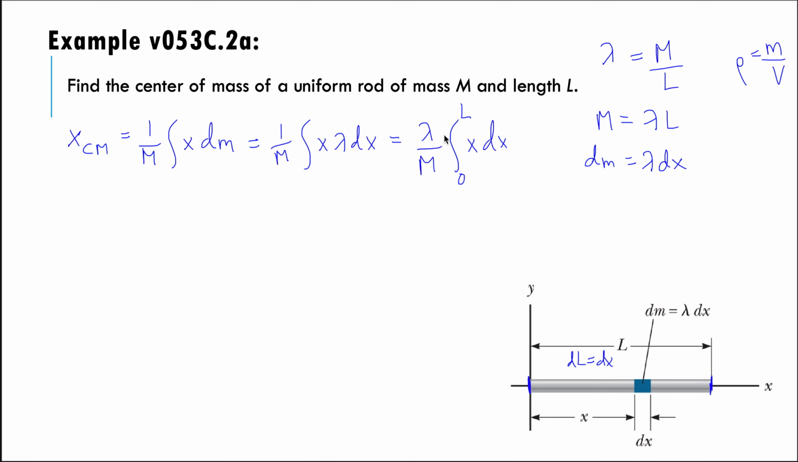When we integrate x dx, we're going to get x squared over 2. So we're going to have lambda over m, x squared over 2, and take our limits of integration from 0 to L. And that's going to give us lambda L squared over 2m. The 0 one cancels out to 0. So we would think we're done. However,